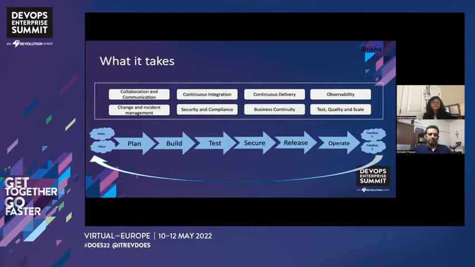Change and incident management: changes need to be applied, incidents will happen. How that management happens with the assurance of a secure service, and also assurance of 24/7 availability. Security and compliance is a key aspect. SaaS needs to be secure and compliant, and shifting this left is also critical. Doing a lot of the compliance checks in the CI/CD pipeline is critical for a SaaS to be secure and compliant in multiple clouds. Business continuity, this is the topic that we're going to discuss today.